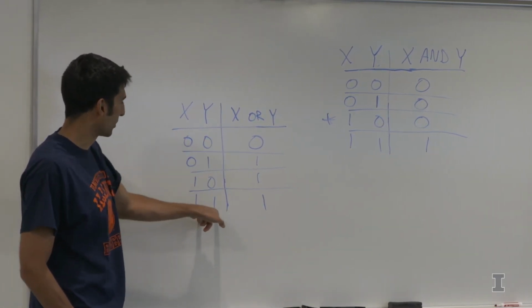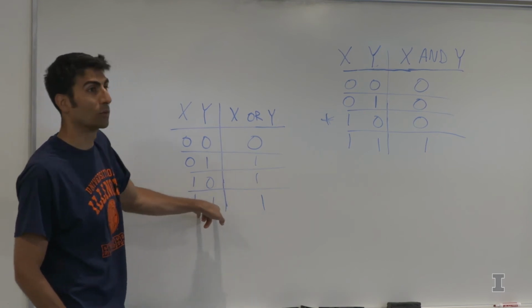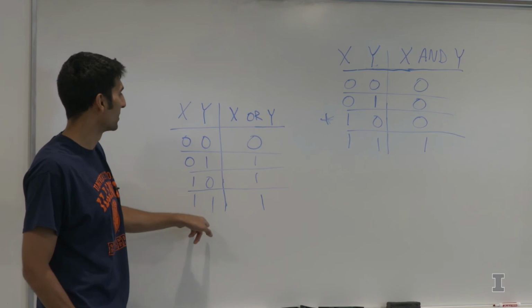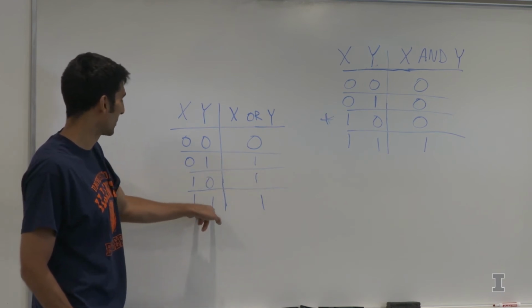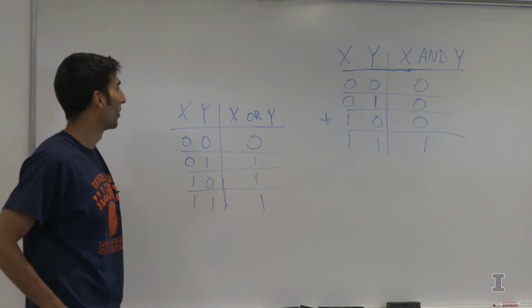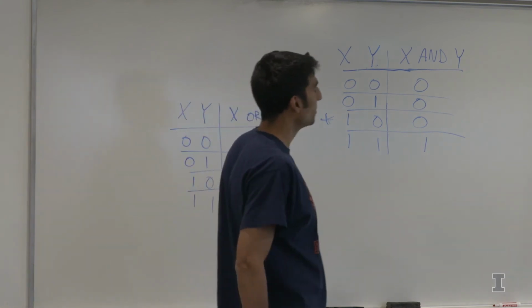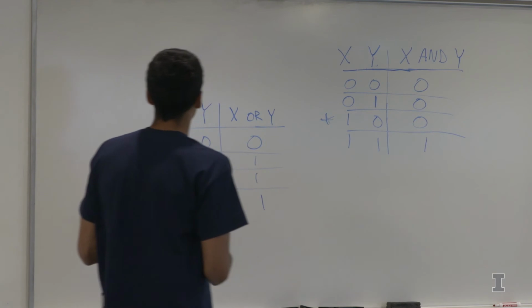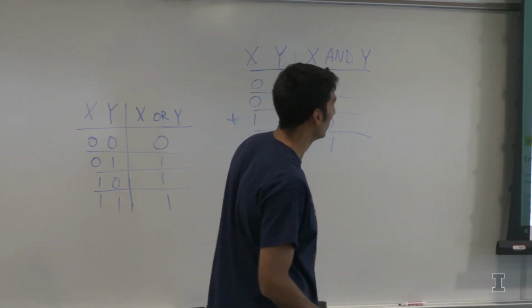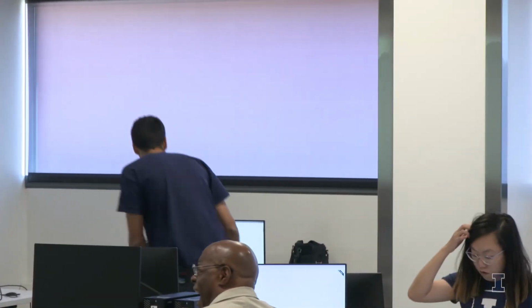Whereas here you're getting a 1 when you have both as well. So what we're used to in the English language is not OR, but what's known as the exclusive OR. And I think if you scroll down, you can throw this gate,